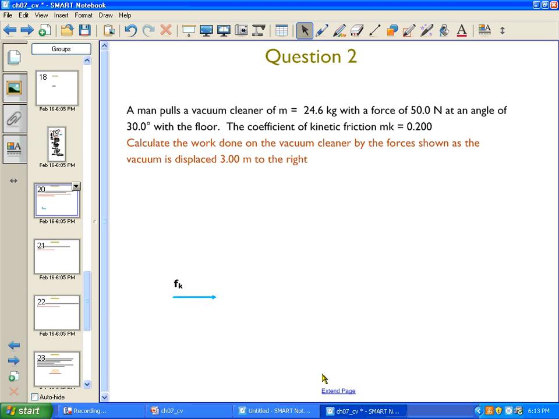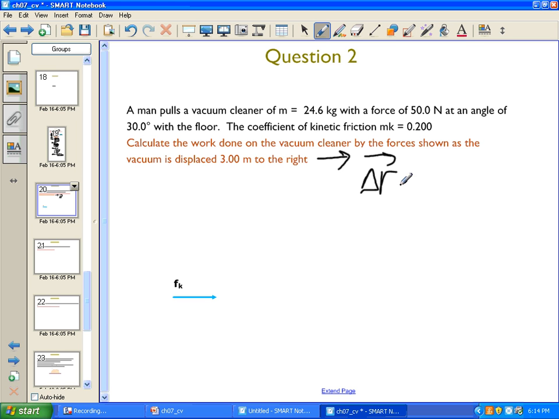A man pulls a vacuum cleaner of 24.6 kilograms with a force of 50 newtons at an angle of 30 degrees with the floor. The coefficient of kinetic friction, mu k, is equal to 0.2. Calculate the work done on the vacuum cleaner by the forces that are shown as it is being displaced 3 meters to the right. Well, hopefully you have your notes at hand and you can see the diagram that is